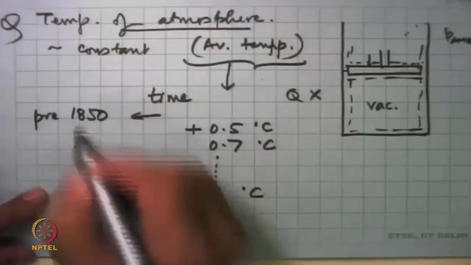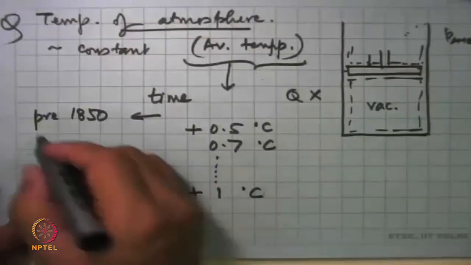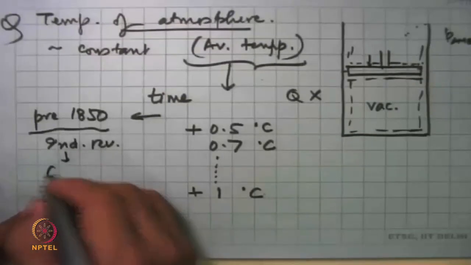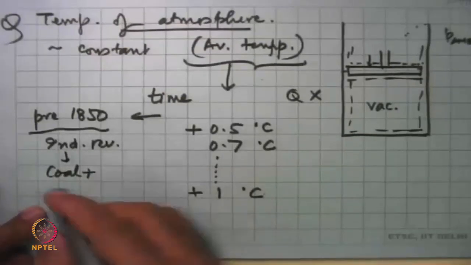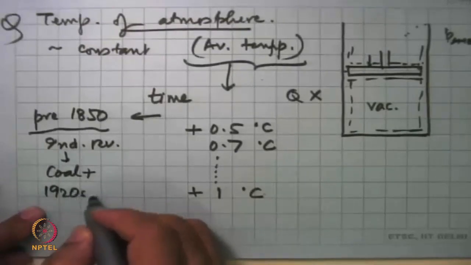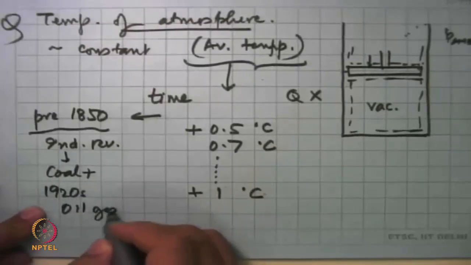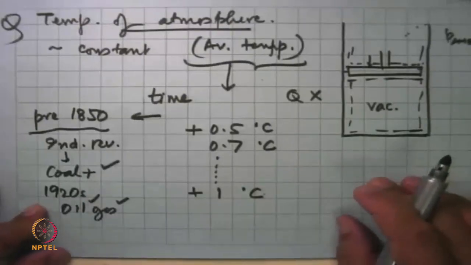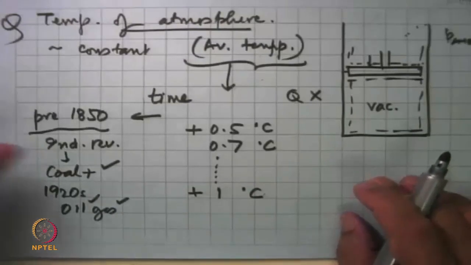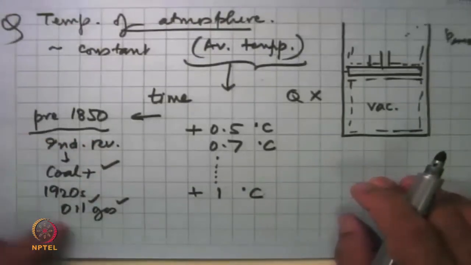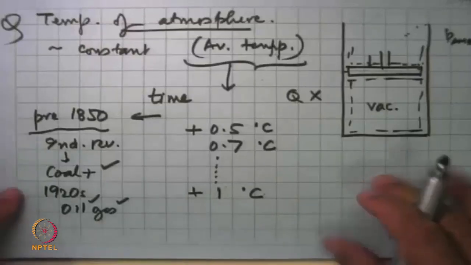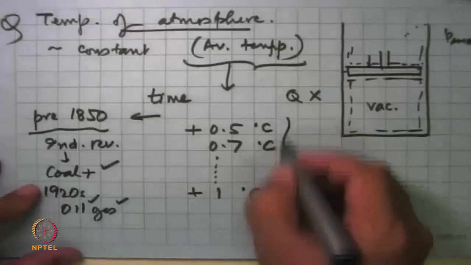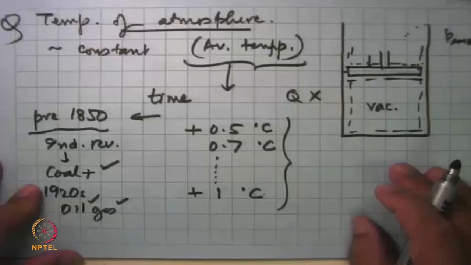The base is the pre-1850 average temperature. Because that is when the Industrial Revolution began, and that was the first time we started exploiting coal in a very big way, and then in the early 1920s we started exploiting oil and gas, and that is what started adding permanent CO2 to the atmosphere. As long as you were only burning coal, the rate of addition of carbon dioxide to the atmosphere was relatively slow. Once oil came along, it spiked up and started increasing relatively fast.